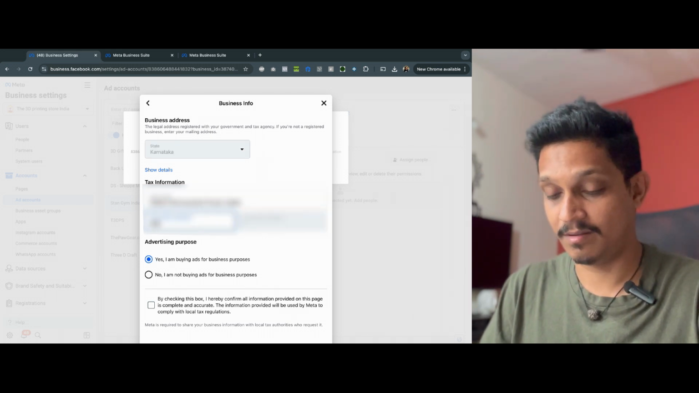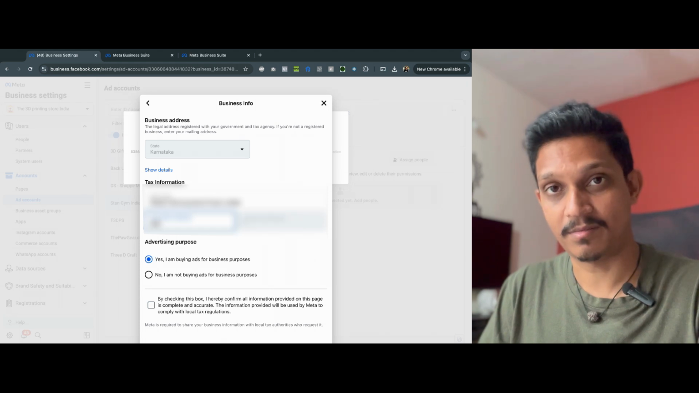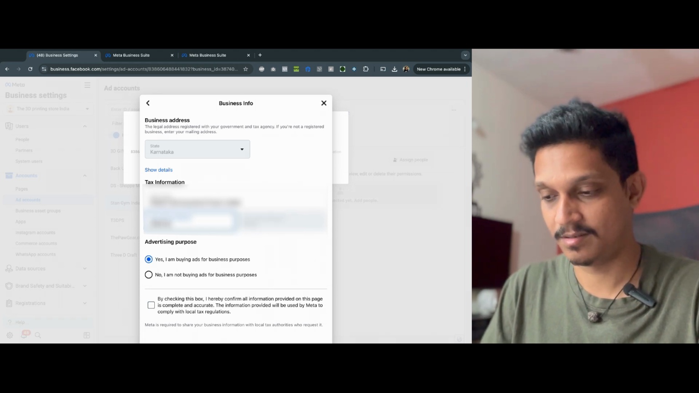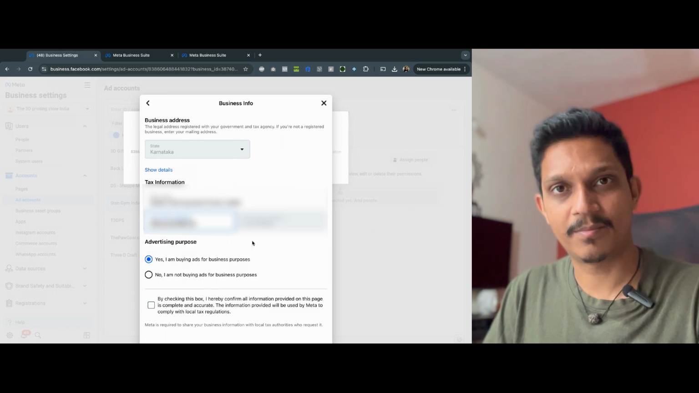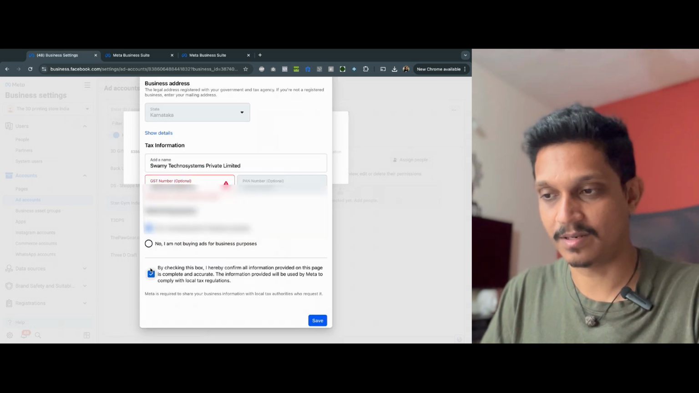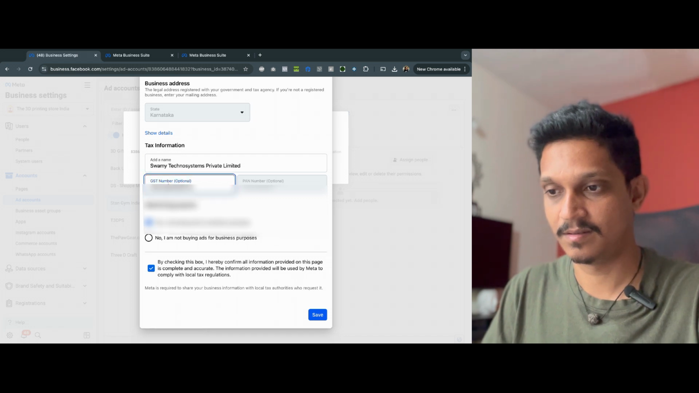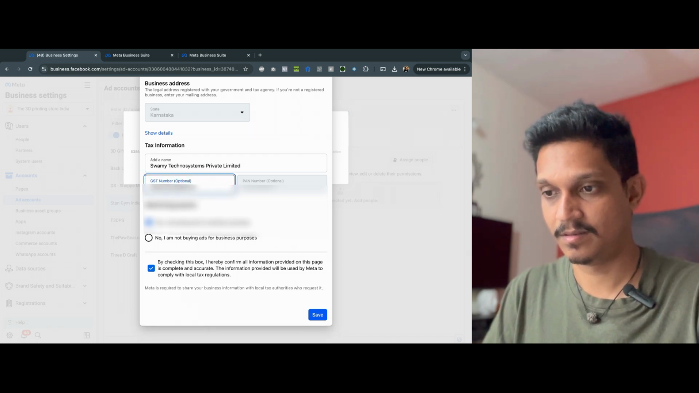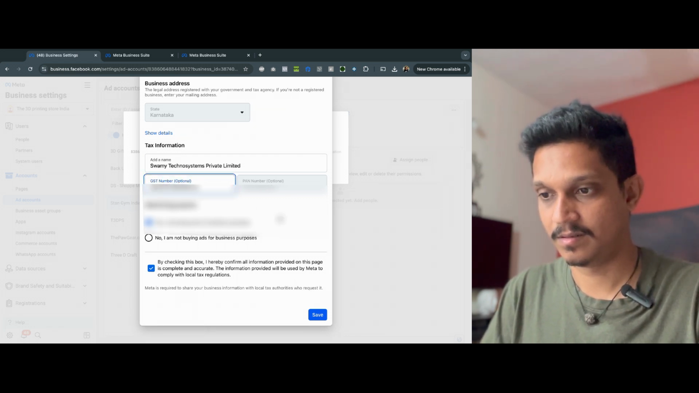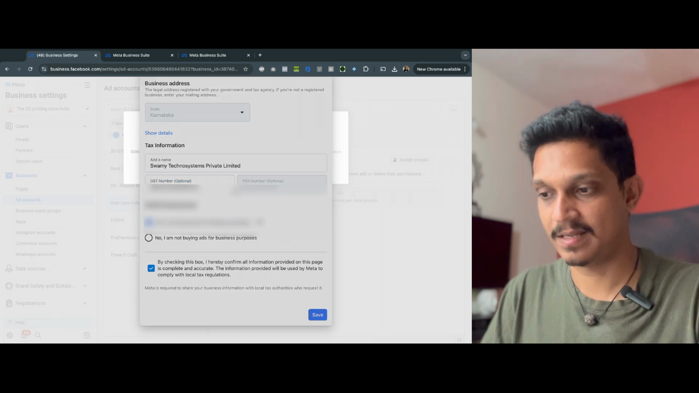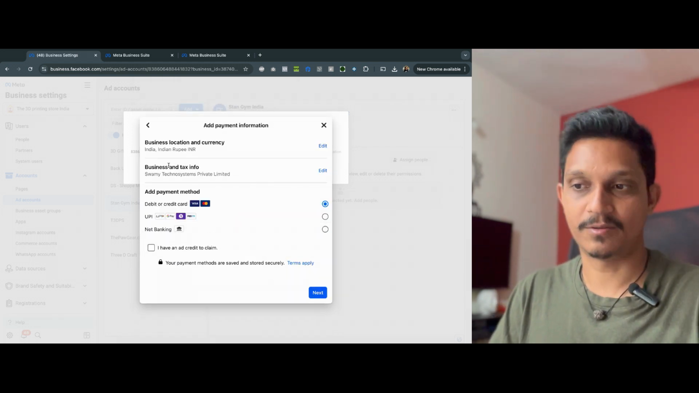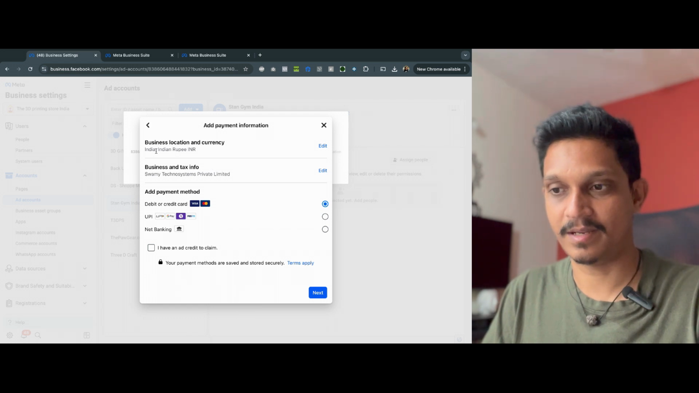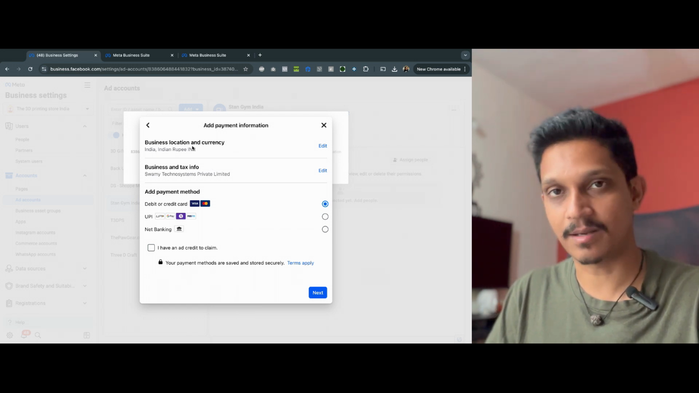And you have a GST number, enter it, right? And yes, you are buying this for business purposes, right? So I'm going to check this, and I'm going to save. Right, so my tax info is set up, and my location and currency is set up